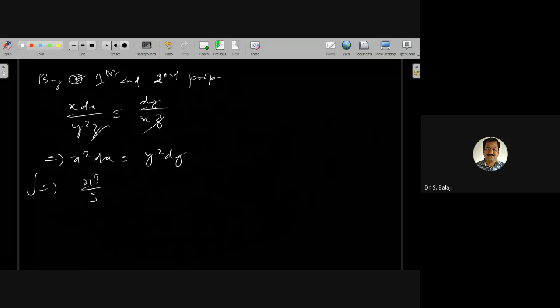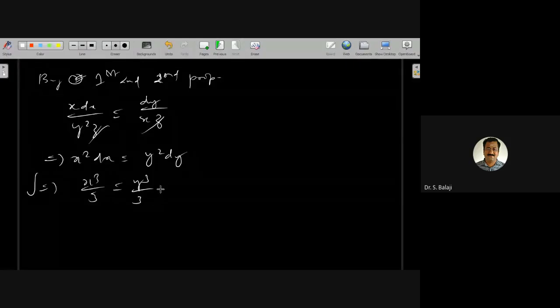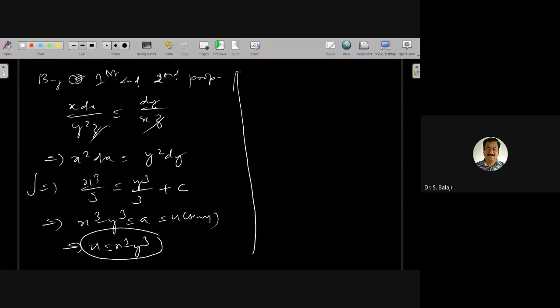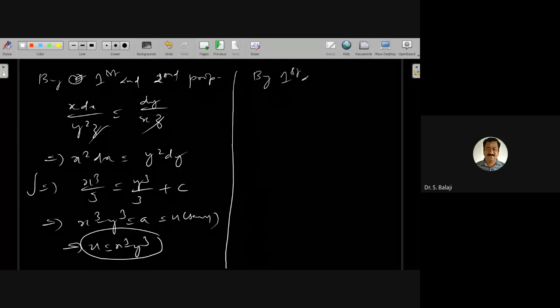Integrating, x cube by 3 equals y cube by 3 plus c. Or otherwise you can write x cube minus y cube is equal to a, equal to u, or u is equal to x cube minus y cube. Similarly, by first and third proportions,